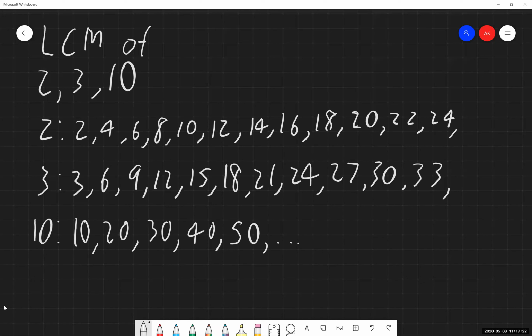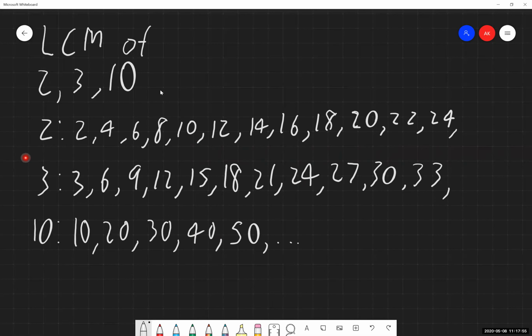So as we're looking through this, of all the multiples of 2, I'm seeing that we have 6s in common with 3s. I see that we have a 2 in common with a 10. Let me use a spotlight here. We have these 6s in common, but it doesn't work with the 10, so we can't do that. We have 10s in common, but it's not the same as the 3. So I'm not seeing anything that is the exact same with all the numbers that I have listed.